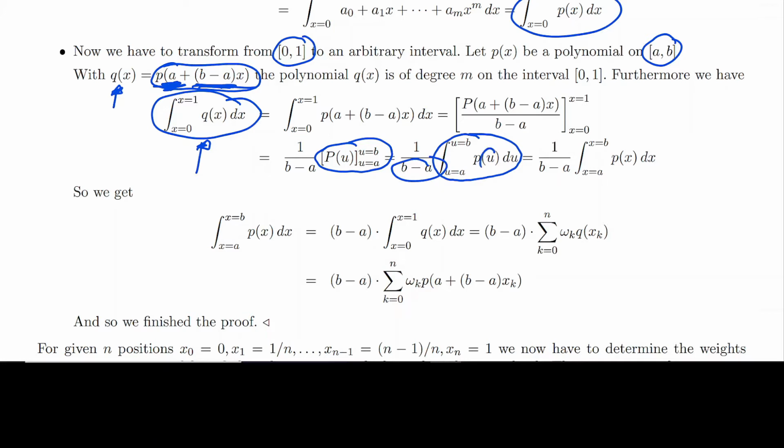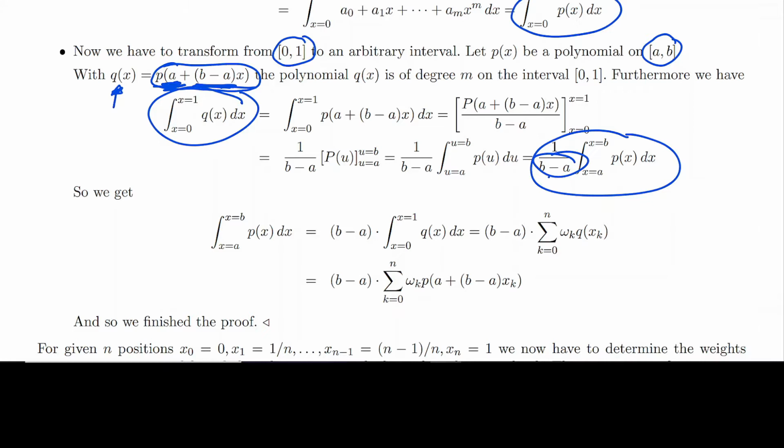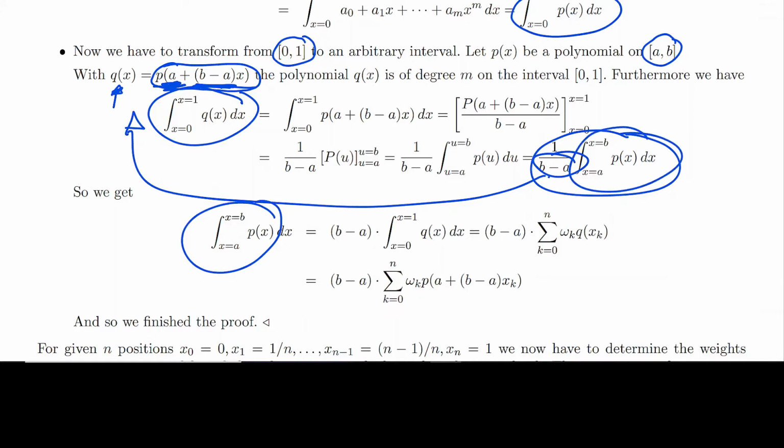And instead of using u, you can also use x, and that's what we wanted to have. And then we can multiply this equation by b minus a, and then we get this. This comes from here, and that factor comes from here, and this comes from here. And then the next step, we know that we can integrate exactly this because it's an interval 0, 1, and